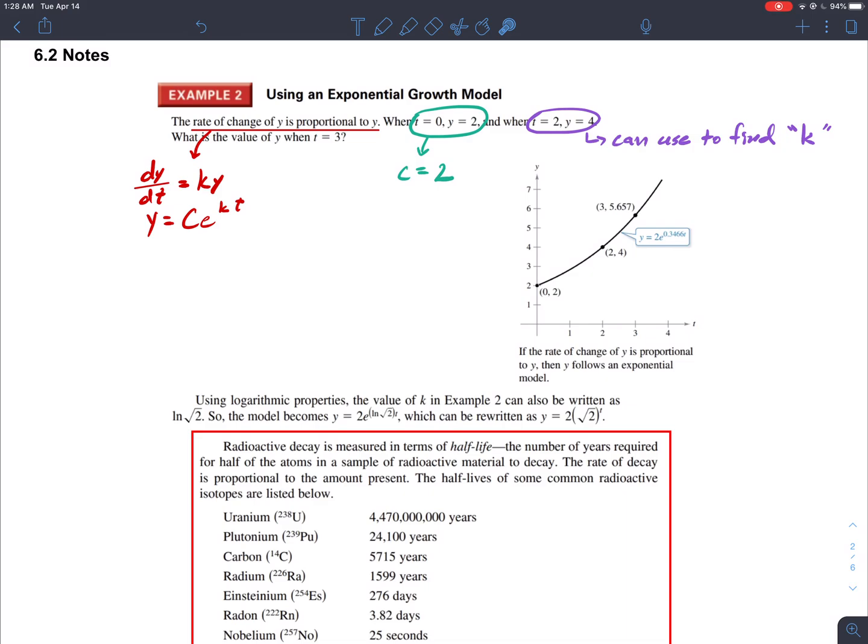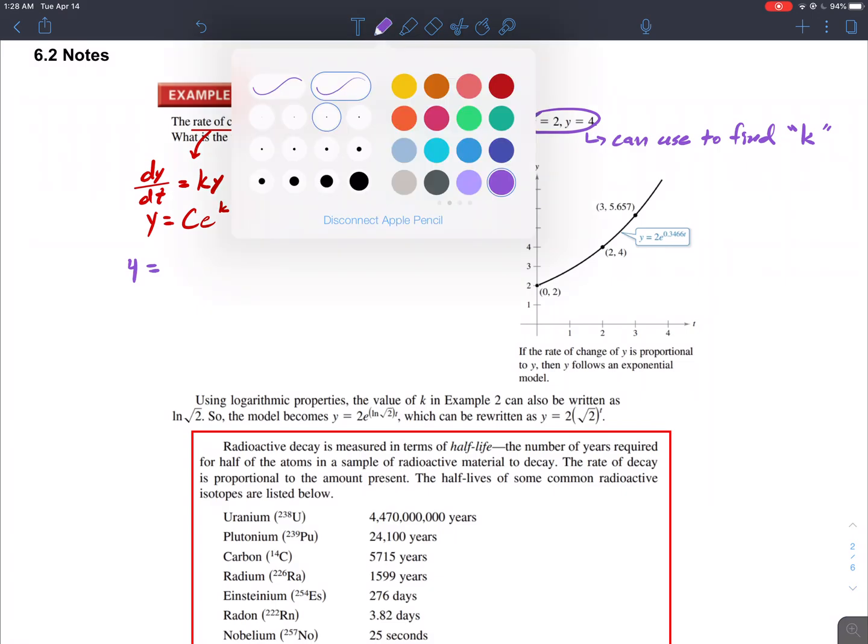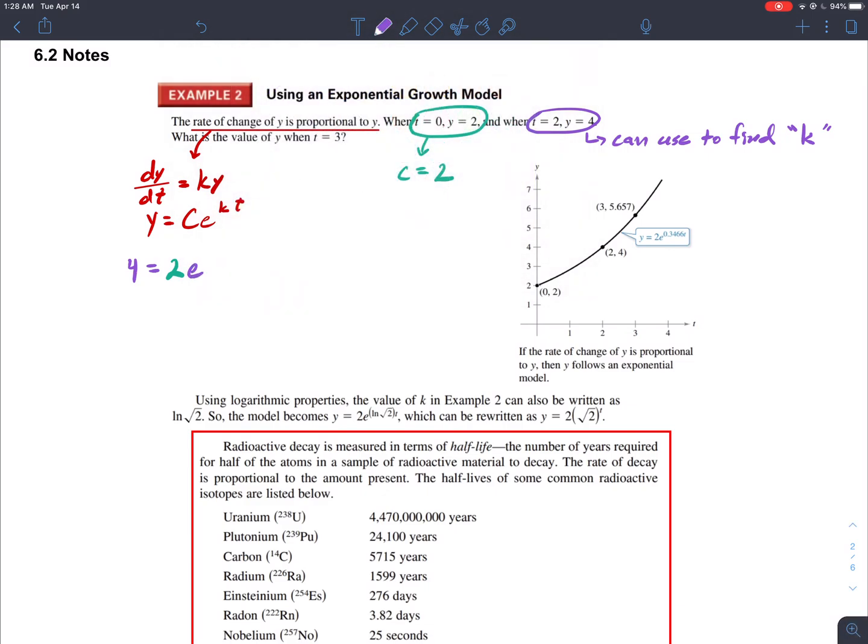All right, so here we're told when t is 2, y is 4. So I can say, okay, well, 4 for y is equal to 2 for my c. Just notice this 2 is the constant c. e to the k times 2 for 2 years. So this 2 is the 2 years, but this 2 is my constant c. I need to solve for k. Divide by 2. 2 equals e to the 2k. Take the natural log. Natural log of 2 equals 2k. Divide by 2. All right, so k equals really 1/2